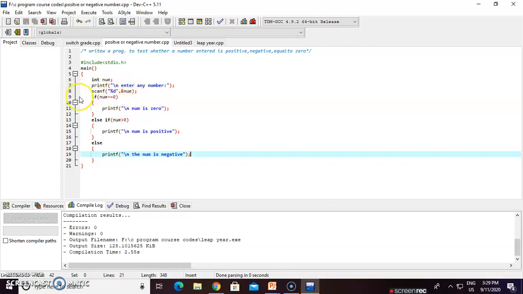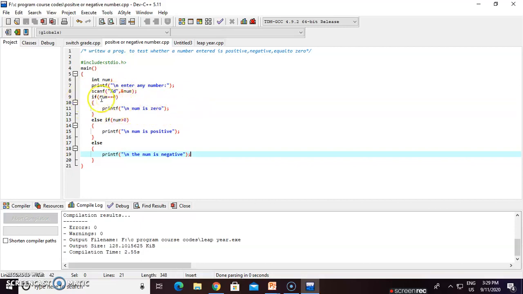Now in the if statement we check whether the number is equal to 0 or not. So write in the brackets num == 0. If it equals 0, then go to the body of the if block and execute printf "num is 0".